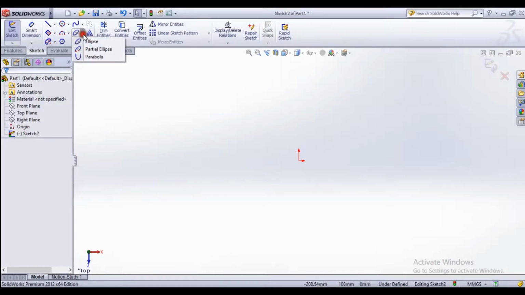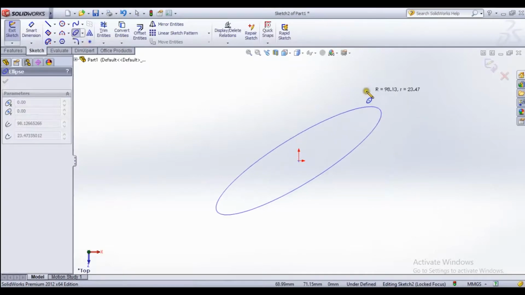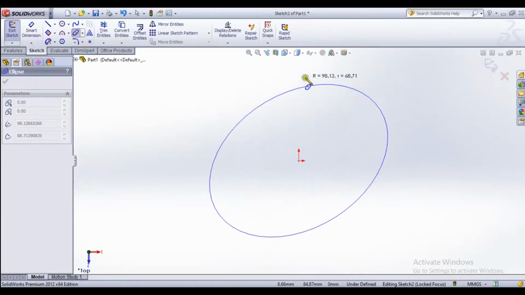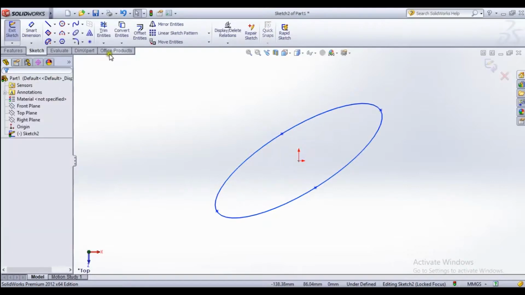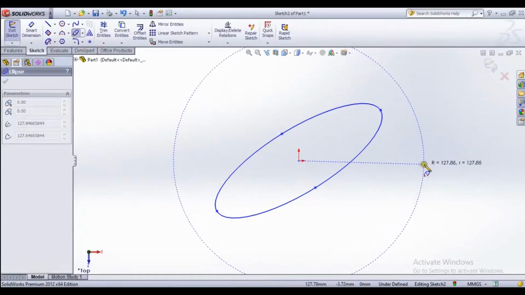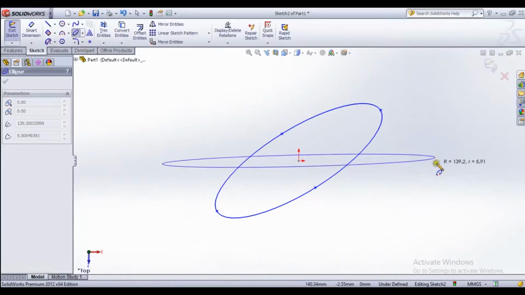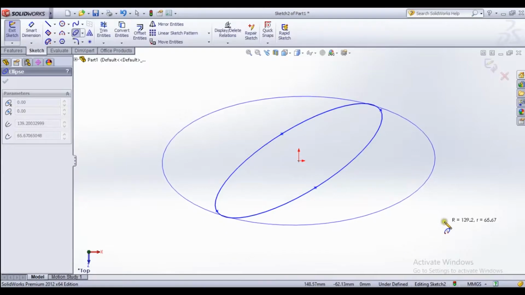Here, ellipse also has a center point and the radius and the parameters as we need. We can use these parameters from here, and from here. It starts from the center, and the other ellipse is a part of the ellipse. It is also drawn starting from the center and this line.